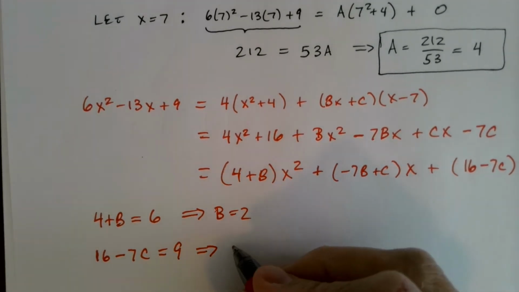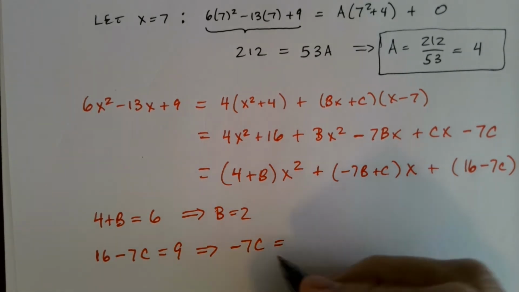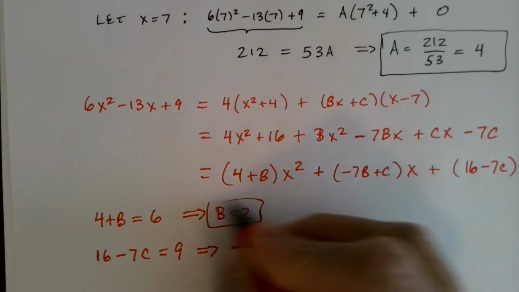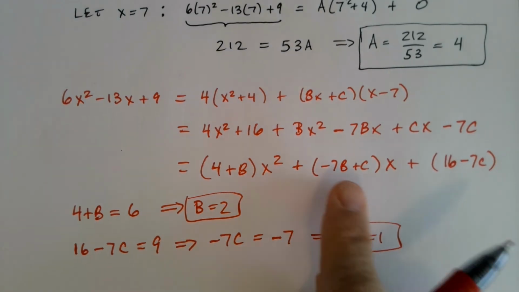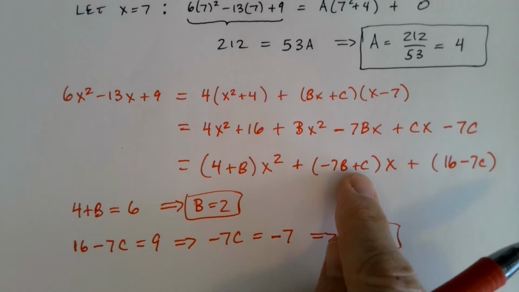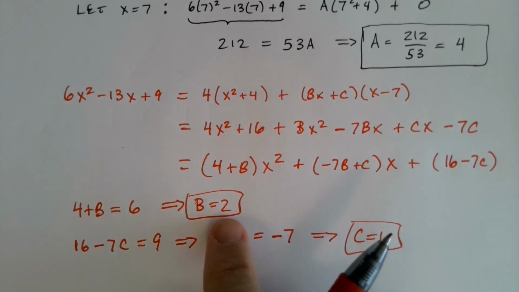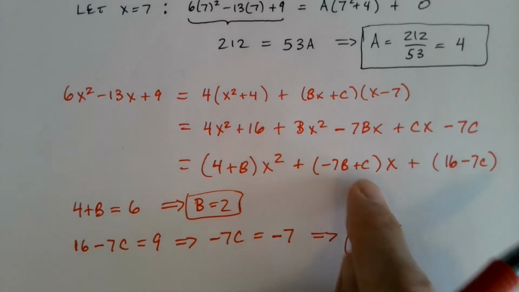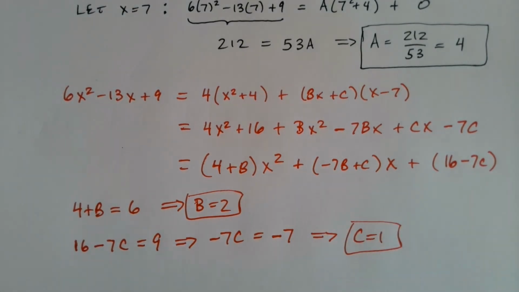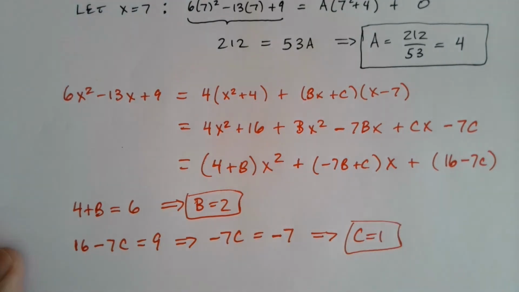And so I have what? -7c is what? Subtracting 16 is -7. And so c is 1. I've got b and I've got c. Notice that this also tells us that this will work for the last requirement, and that is this coefficient has to be -13. Well, if you let b be 2, you get -14 plus c is 1. -14 plus 1 is -13. It satisfies all of those. So you should double check that. That should be true. Okay, but now I know a is 4, b is 2, c is 1, and so